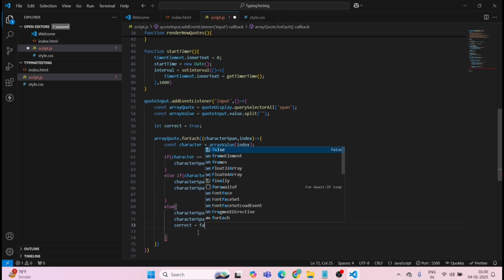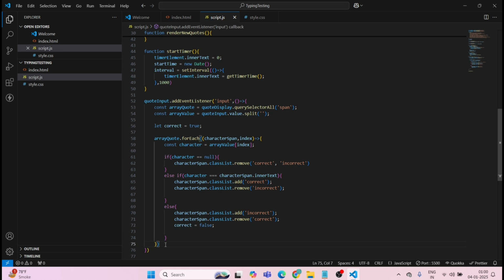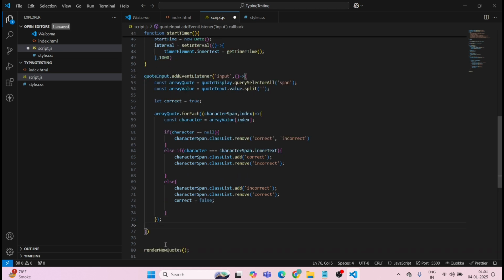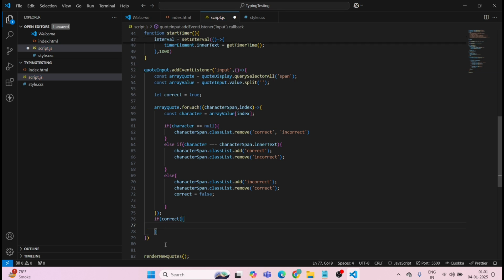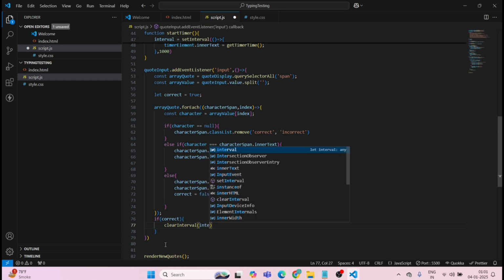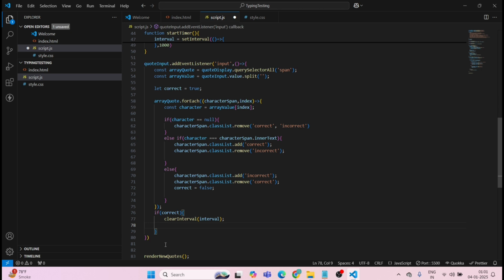It will be false. False means it won't show the alert that your entered text has been matched, something like that. So it won't show that. Why? Because if correct is true, then clear the interval. So it will stop the timer and it will get the total time here. So total get timer,